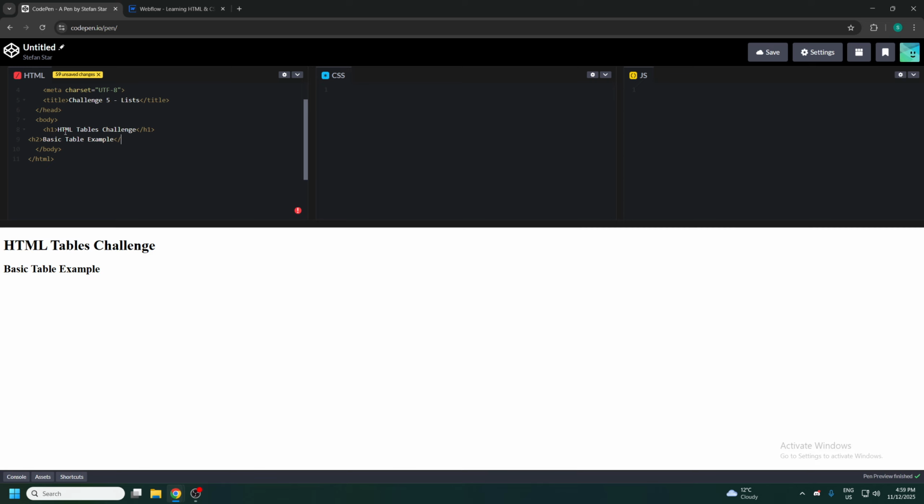Let's close the tag. And let's create our first table. So this is how we create a table. We type table, and then we give the value 1, the property, and